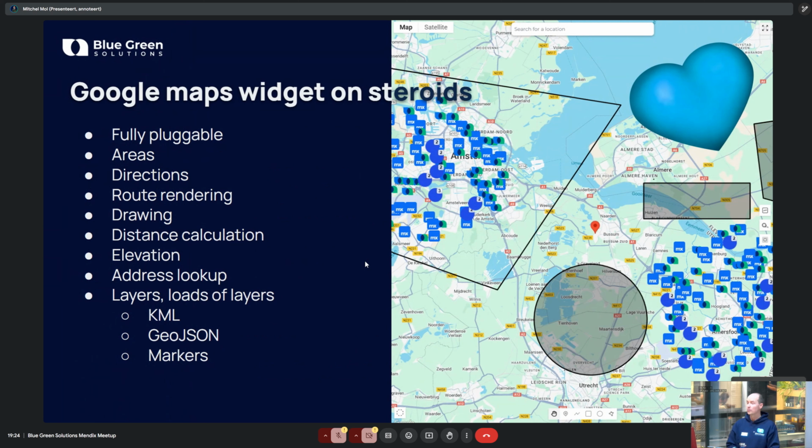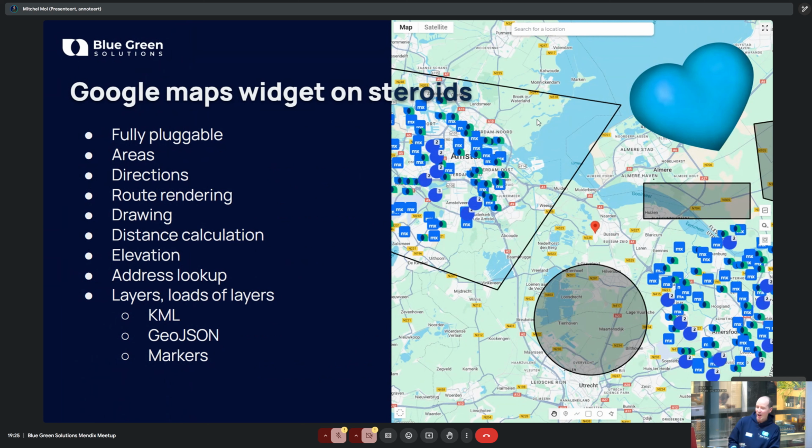It's fully pluggable, so it's React based. It contains not just markers, but also areas, like you can see here, this circle. Route rendering, directions, drawings, like the other stuff that I put on here. Are you tracking all your employees here? No, definitely not. But I am tracking some of the Mendix employees.